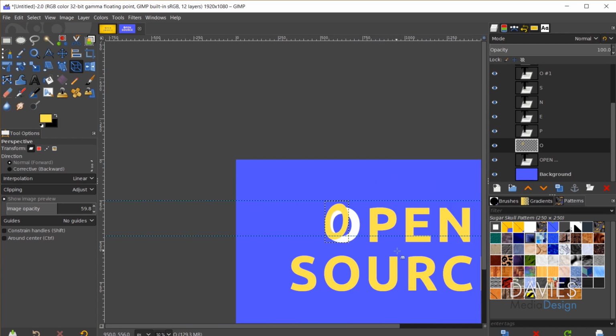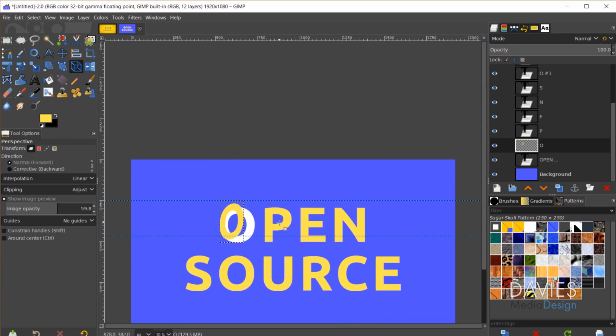So there's the first letter. I'll hold Control and zoom out. We'll work on the P now. I'm gonna do two of these, so I'll do the O and the P, and then I'm gonna fast forward